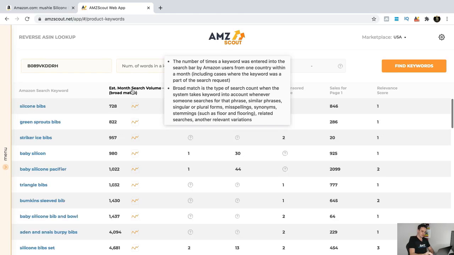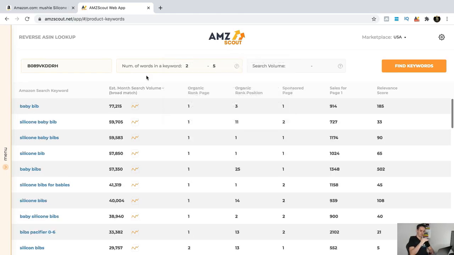So I want to click on this, and then I want to click on it again, and now it's going to sort it in terms of how often they're searched for, from the highest amount to the lowest. So you can see here 77,000, the most popular keyword that that product sells under is baby bib, followed by silicone baby bib, silicone baby bibs, silicone bib, baby bibs. You get my point. It's going to list all of the keywords in terms of how customers are finding that